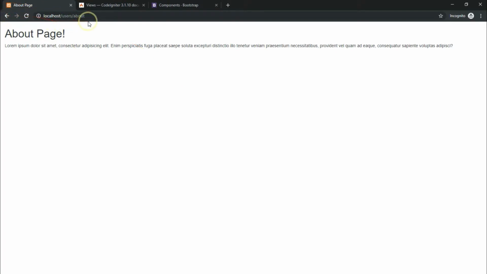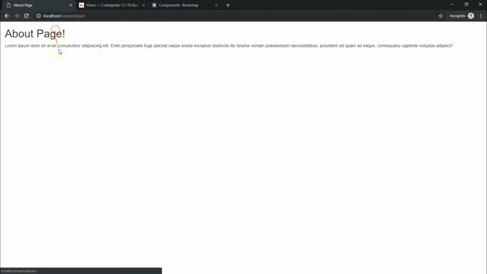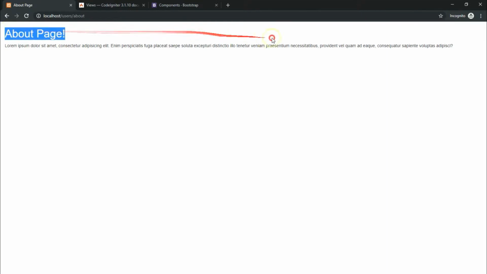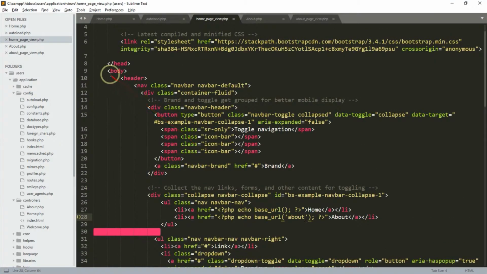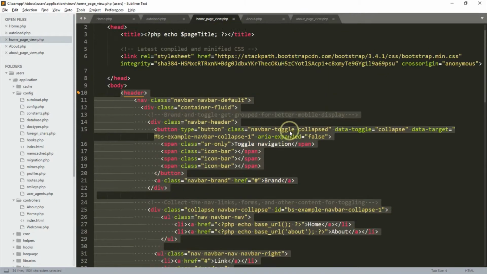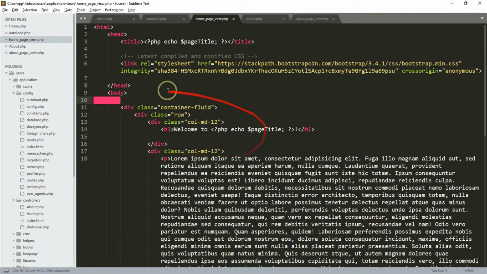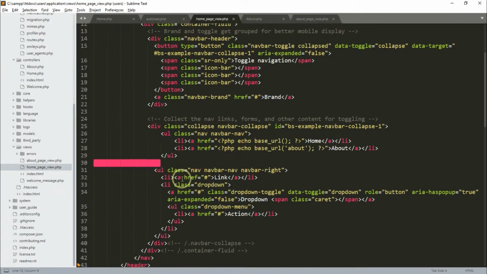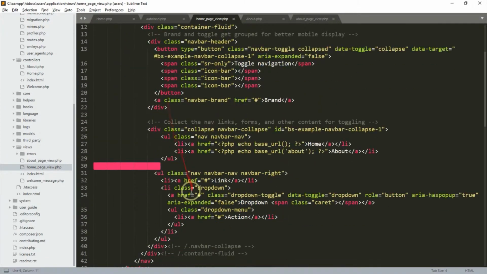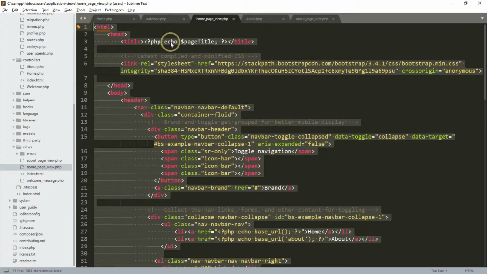Let us try the about link. It is also working. Now we need to add another menu for the about link, for that to be inserted above this about page title. What we will do is we will not copy and paste this code into the about page. What we will do is we will create another view just for this menu. What we will do is we will create a view just for the header, which will be from here to the top. Then I will cut this,